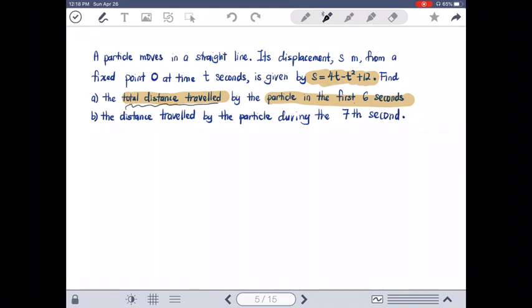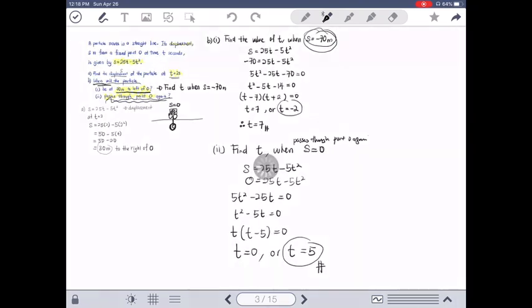Okay, so to answer this question, I will show you today 2 methods. The first one is the motion diagram method. The second one is the displacement time graph method. So we are going to start with the motion diagram method. I would prefer this method more than the displacement time graph method. When we're dealing with total distance traveled,